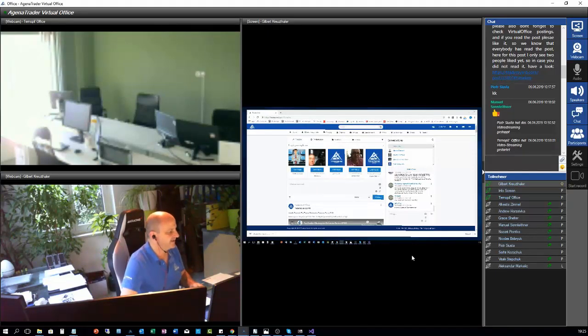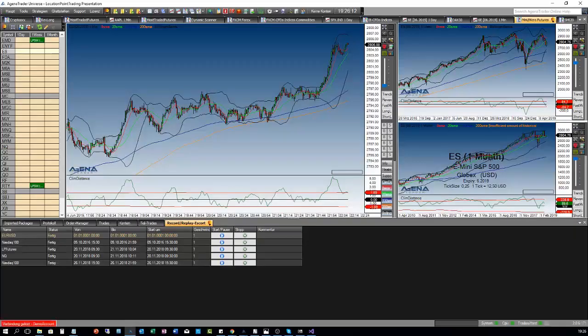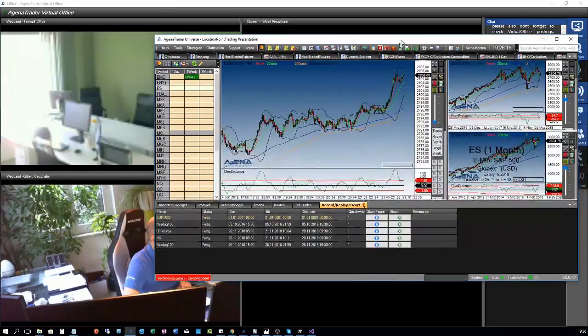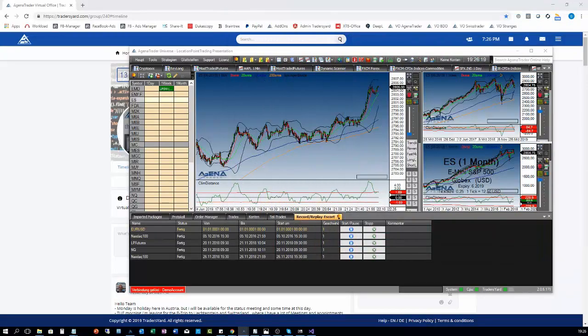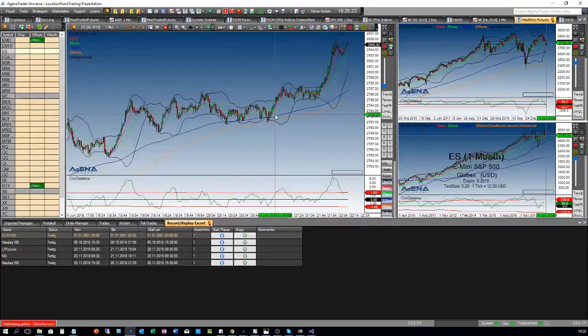So basically this is like the MeetingClient is working. The same functionality, but in a little bit more extended manner, is working in AgenaTrader as well. So basically, let's switch over to Agena. I'm just moving the office away from here, the MeetingClient office, and we're opening Agena. So basically this is our trading platform